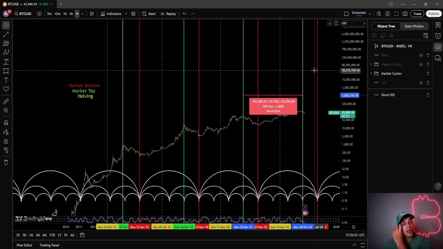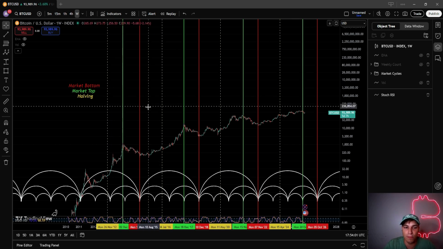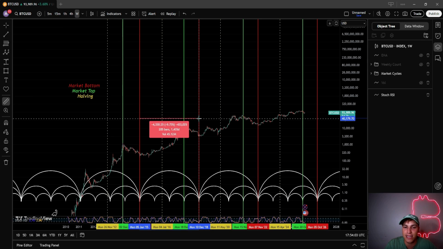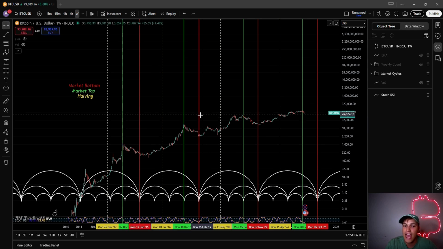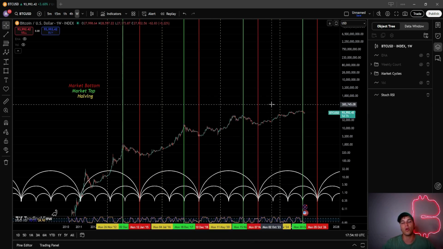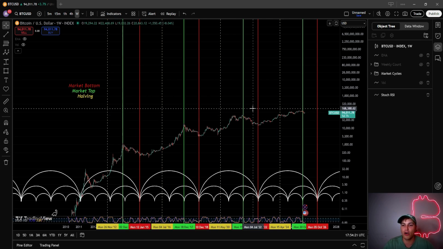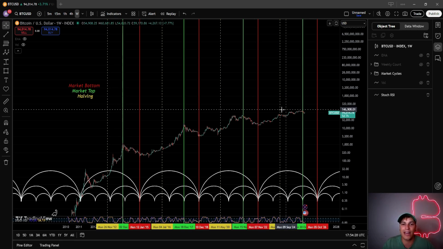There's another 1,428 days. From bottom to bottom, we have the same kind of pattern, where we have 1,435 days, 1,414 days, all around that area, 1,400 or so days. And then looking at the lengths of the bear markets in the past, this is mainly what we are looking at. When is the top and when is the bottom?